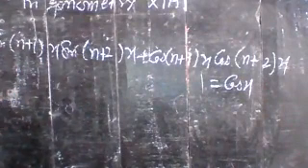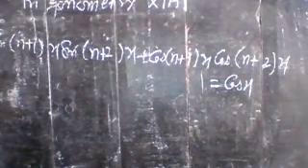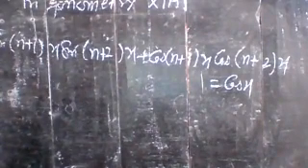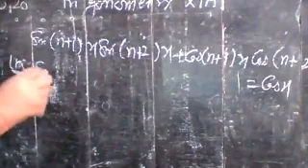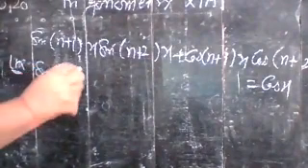Understand? So take the left side and apply the identity. So the left side, write it: sin(n + 1)x